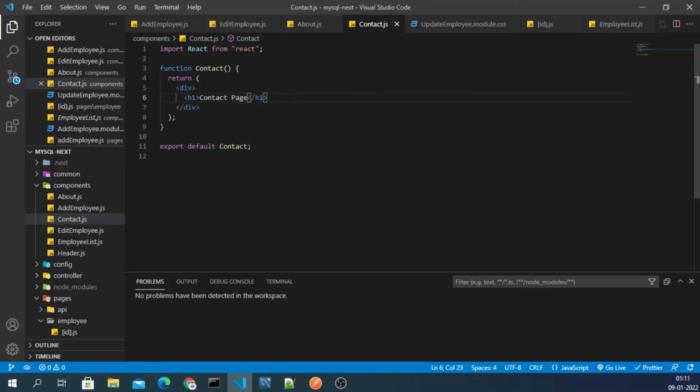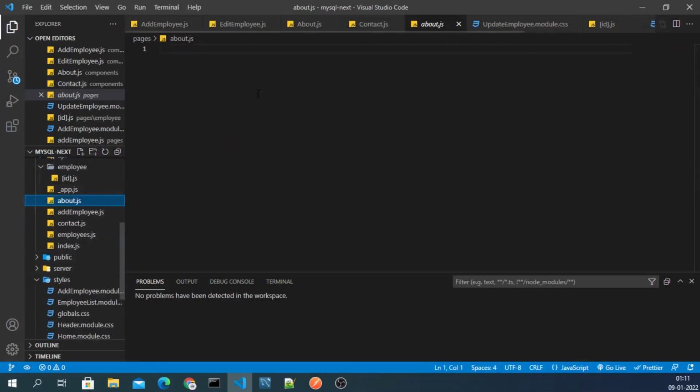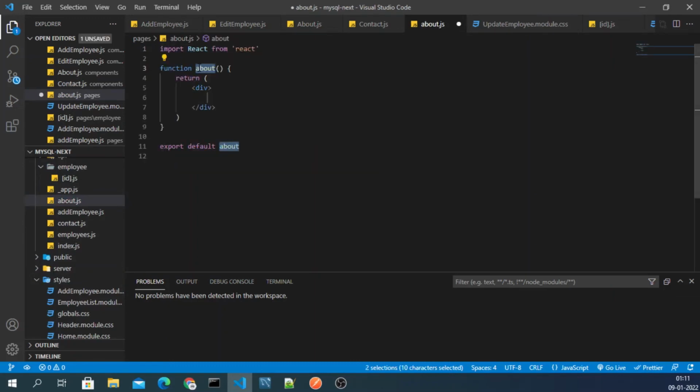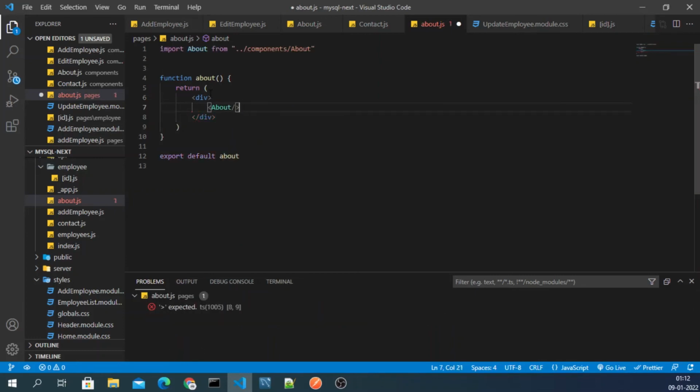Okay, and after that, what we have to do, we have to go to the path here, about.js, and just use rfc, and then we don't require this, and we just have to write about here like this, and we can remove extra space by clicking shift delete.